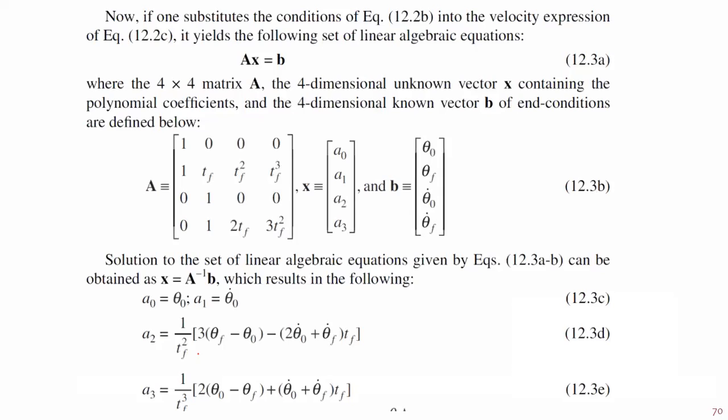A is equal to the matrix with rows 1 0 0 0, 1 tf tf square tf cube, 0 1 0 0, 0 1 2 tf 3 tf square. X is equal to a naught, a1, a2, a3, and b is equal to theta naught, theta f, theta naught dot, theta f dot. The solution to the set of linear algebraic equations given by equations 12.3 can be obtained as x is equal to A inverse into b,